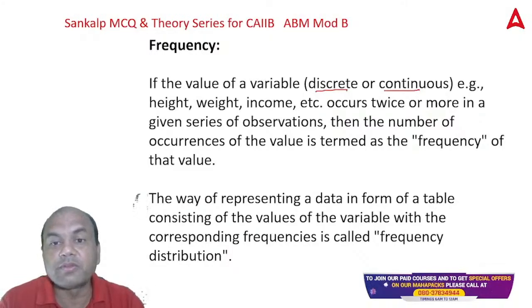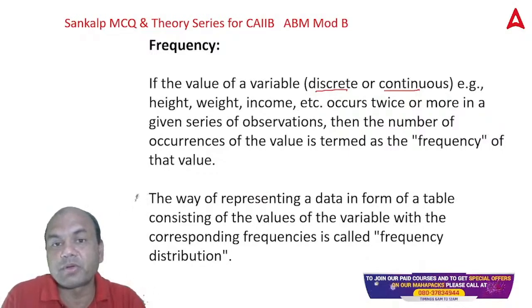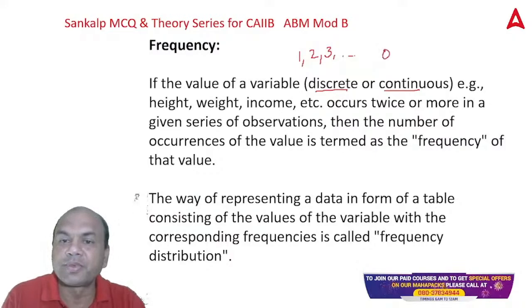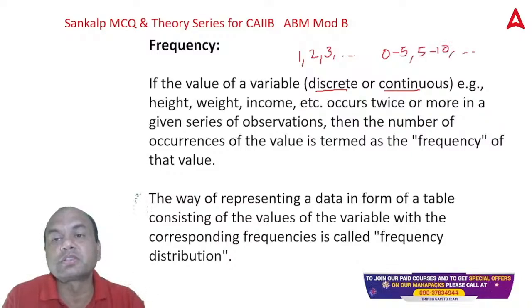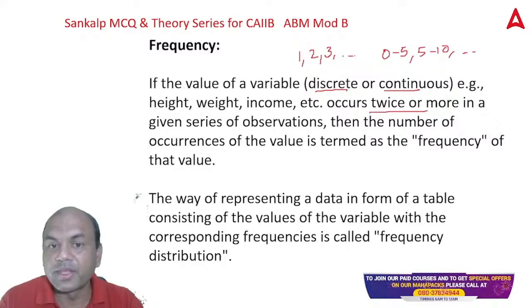If the value of the variable, whether it's discrete or continuous: discrete means what? Separable. Separable means 1, 2, 3; each can be separated. Continuous means what? Suppose like this, 0 to 5, 5 to 10. These are all continuous variables, which occur in a gap, or you can say a fixed interval. Okay. So if the value of the variable, discrete or continuous, example height, weight, income, occurs twice or more in a given series of observations,